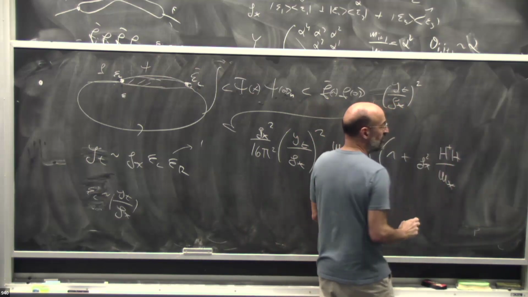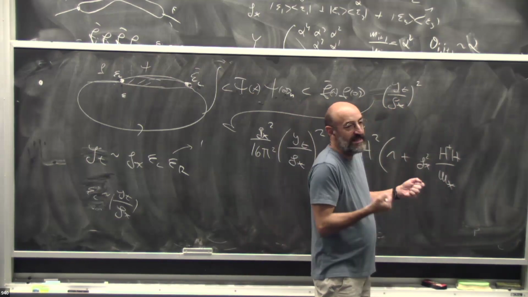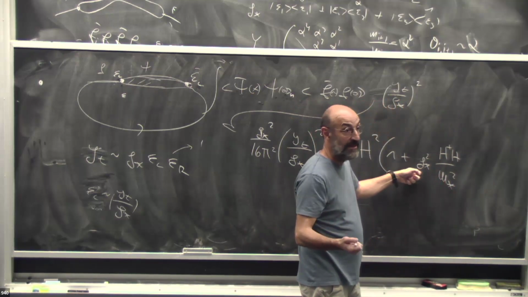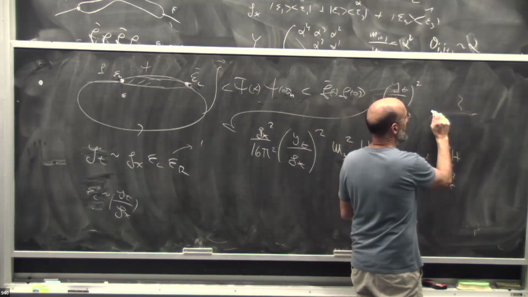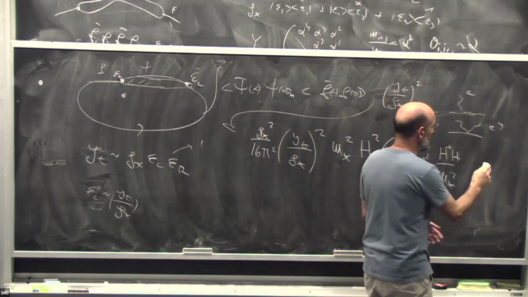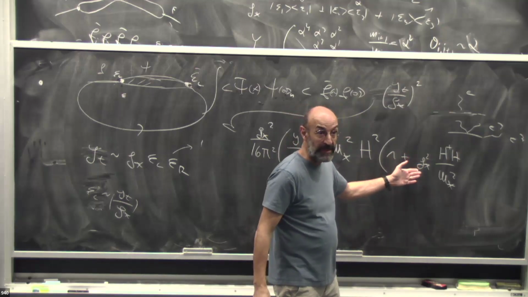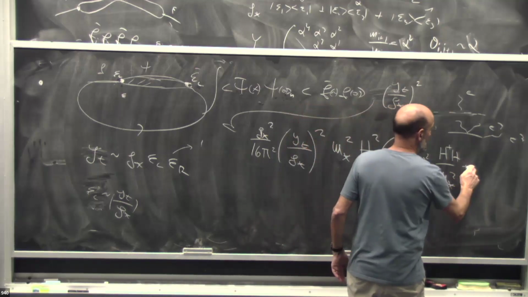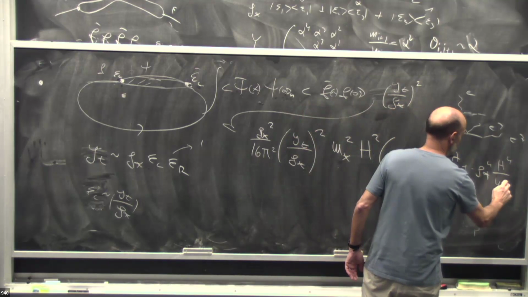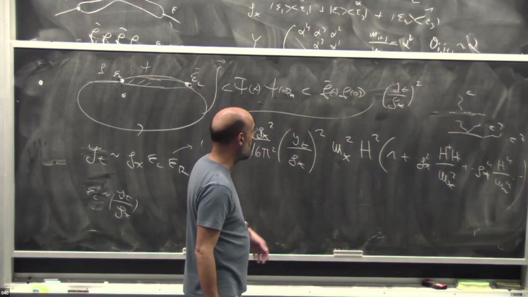Whenever you add a leg to an amplitude, you have to pay the dimension of the field and a coupling, okay? Remember, when you have the linear coupling in scalar theory, you have E. If you have the double thing, you have E square, and so on and so forth. If you emit another photon, you have E cube. So the number of legs is counted by the number of couplings. In this case, it's a strong coupling, and you go so on and so forth. You have G star to the fourth, H to the fourth, M star to the fourth, and so on. So this gives you a model for the Higgs potential, okay?